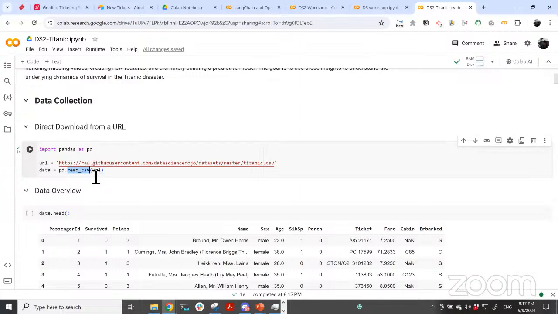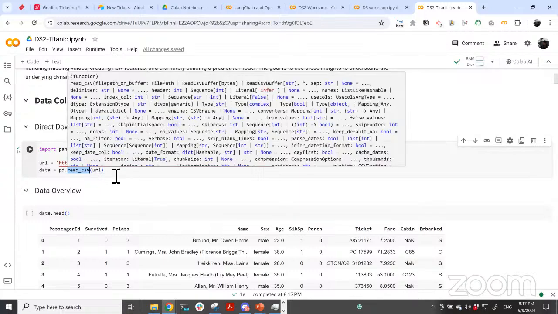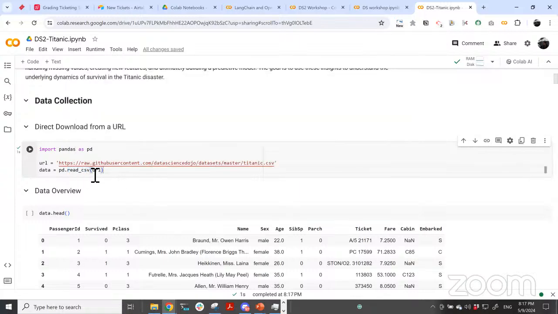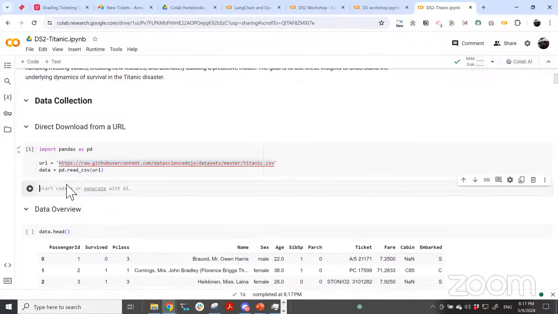Read CSV is a function that is in the framework of pandas. And how does it work? It takes in the URL. Here it is, the URL. Now, probably it has more options, so we can look up the options by clicking on help. Let me do that here. You can do something like help, and then